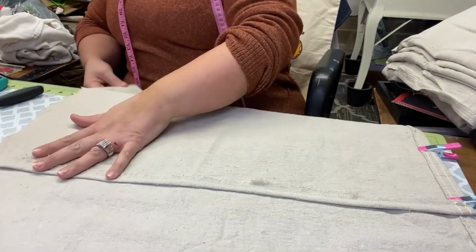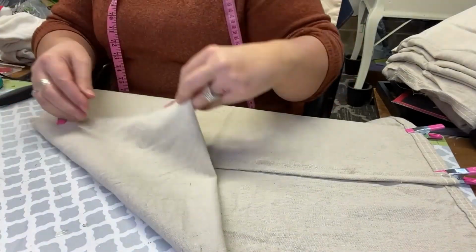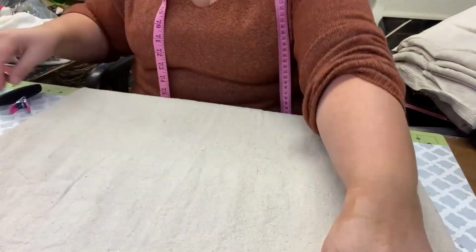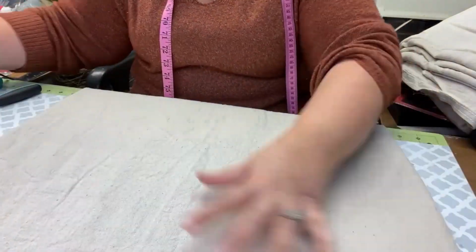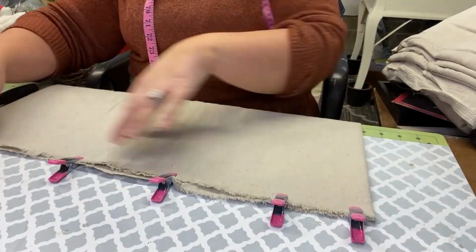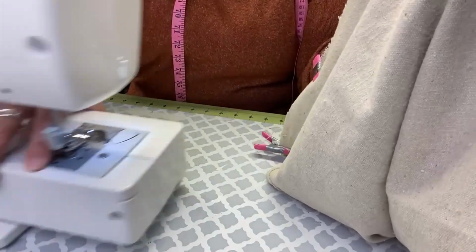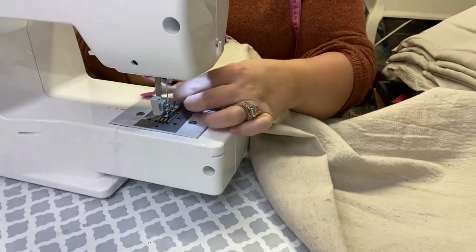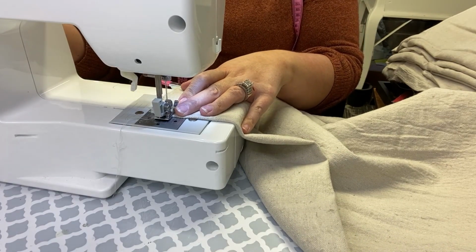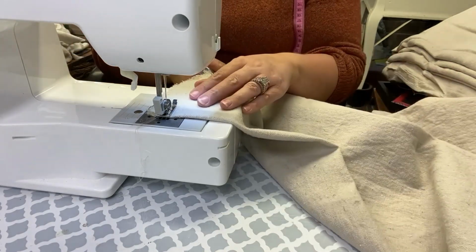I basically just measured out the size of my pillow. If it was 24 by 24, I did 24 by 24. And I did a 1/2 inch seam allowance on either side, and I had plenty of material left over for the pillow to fit in perfectly. And to make these pillows, it is super simple. You just measure your pillow out, whatever size it is. That's how wide you want to make your fabric, but then you want to add about 10 inches to one side or the other. The side you're going to fold,